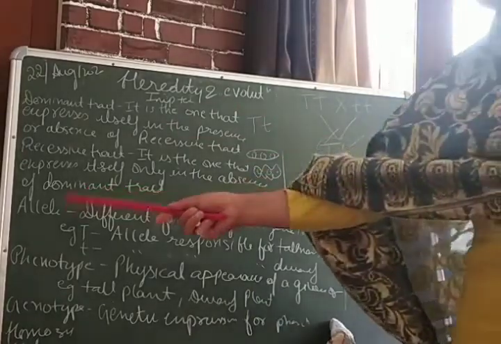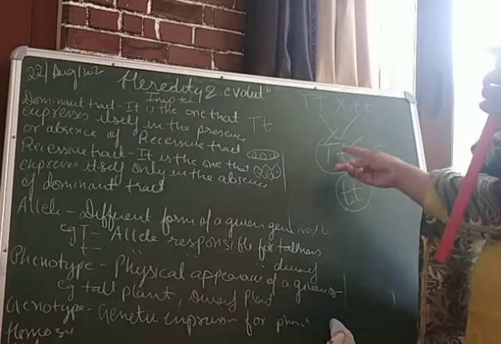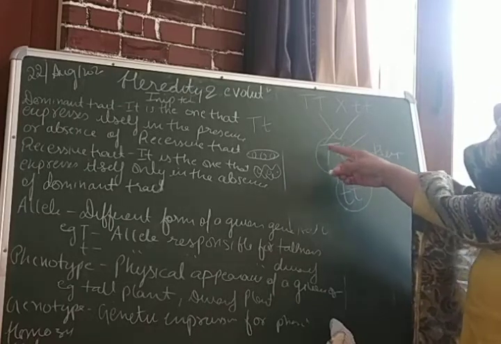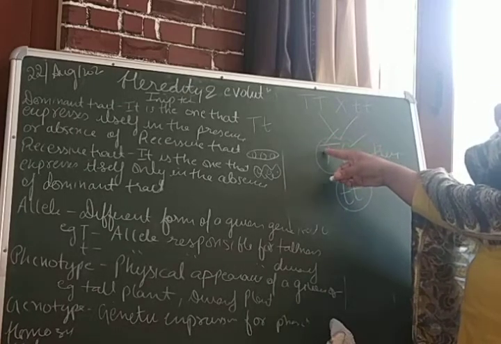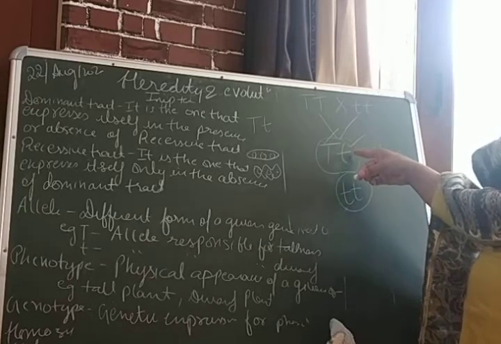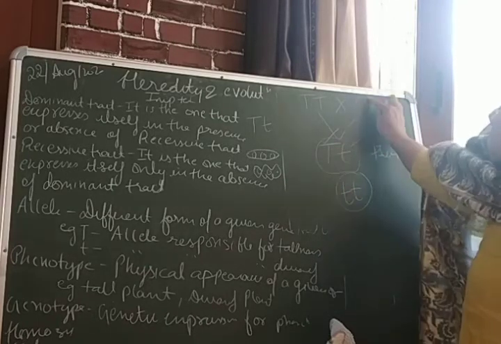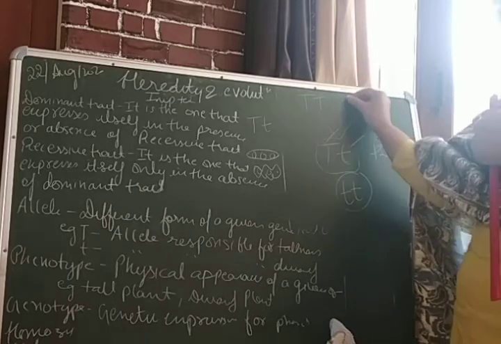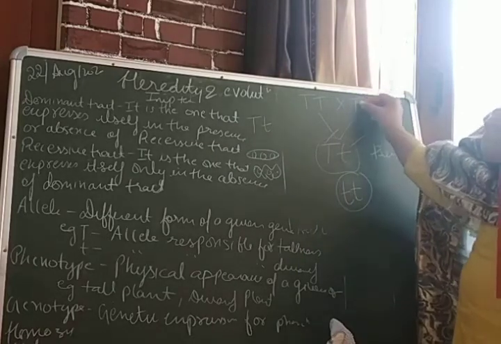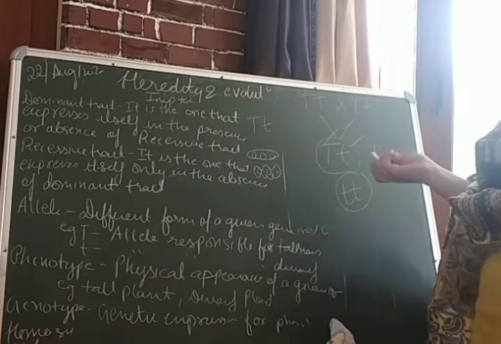Now the next term is allele. These are your alleles. One gene is formed of 2 alleles, and this is the gene for height, formed of 2 alleles. Capital T is responsible for tallness, and small t is responsible for dwarfness. But this small t will express only when capital T is not present, as shown here. Students, suppose instead of small t and small t, it is capital T and small t, then it would be a tall plant only and not a dwarf plant. Why? Because capital T is dominant here.